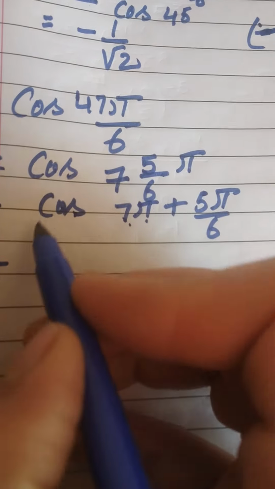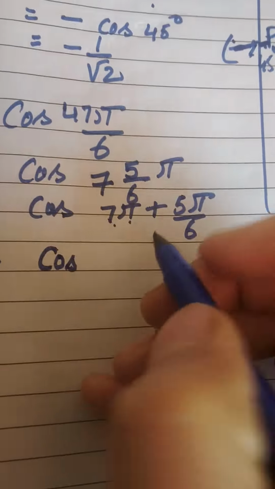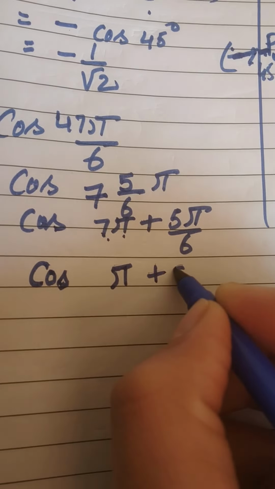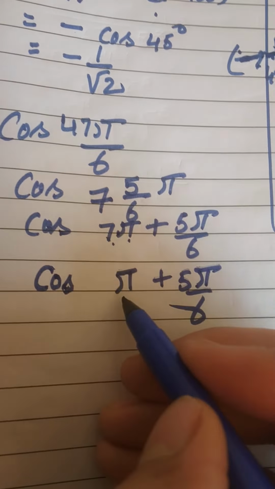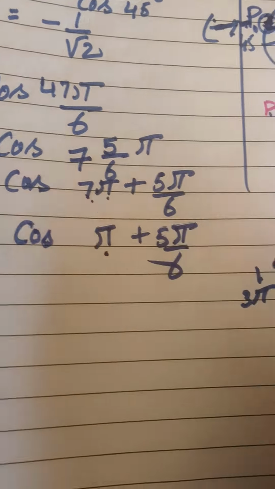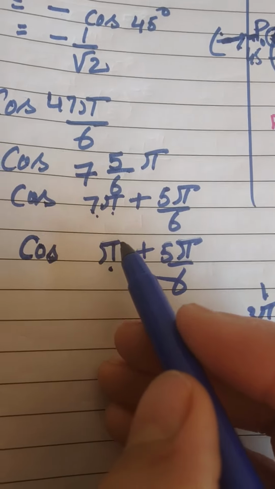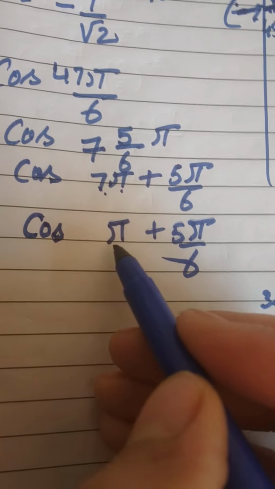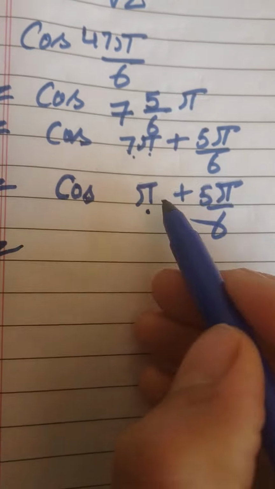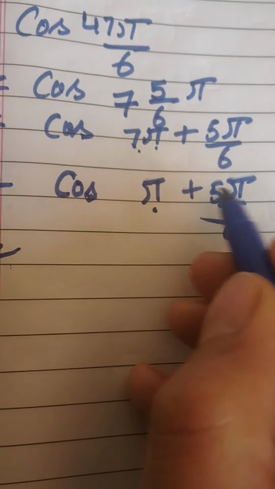Now we can say, see, in your books the steps are not like this, but you can simplify them. The 7 pi plus 5 pi by 6 is the same as cos of pi plus 5 pi by 6. Why 7 pi? We wrote it as pi because this is an odd multiple, that means pi. If it would be 8 pi, then I would have written 2 pi, or normally even 0, I would have written. Here I can write 3 pi also. So cos of 7 pi plus 5 pi by 6 is the same as cos of pi plus 5 pi by 6.